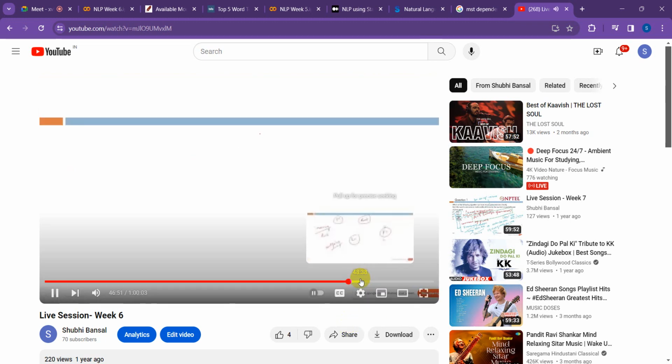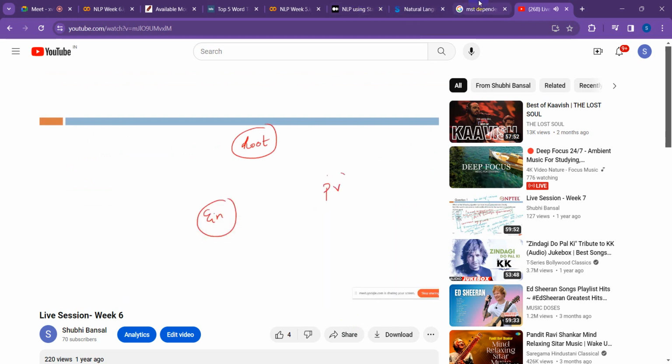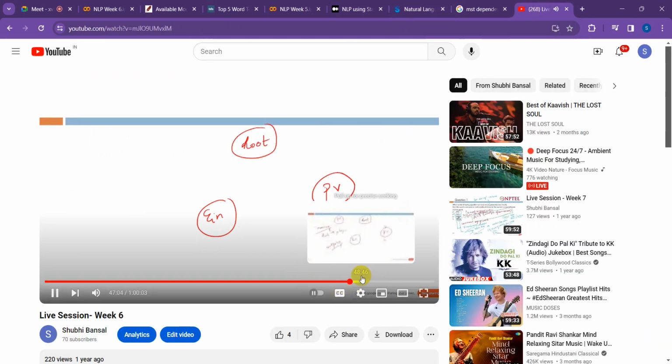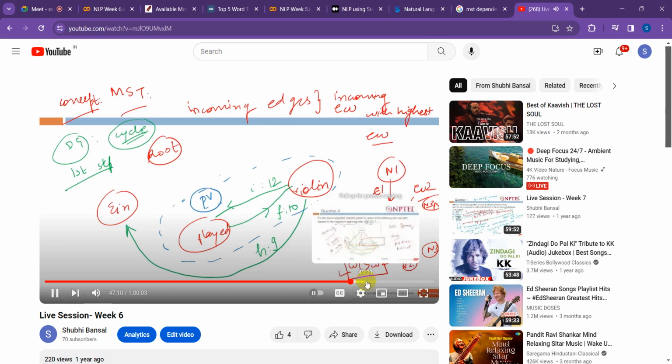Put it like this. Let's say the root is there, Einstein is there, and PV is this node. So in case I have 3 nodes, how many edges should I have so that I do not get a cycle again? 2. Okay, great. So now, whenever I am creating this new combined node, what I will do in this case,